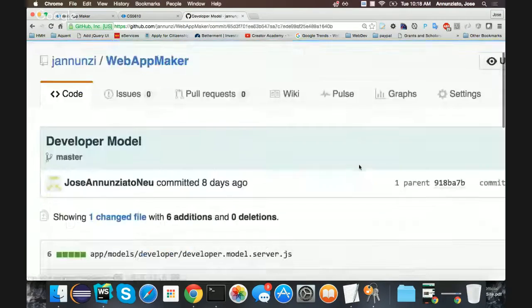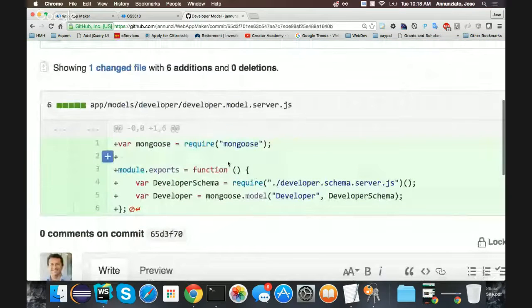The model is implemented in app, models, developer model. Notice that this is at the top level of the directory, at the root of my project, in a dedicated app directory. In there, I'm going to put my models, my services, my app.js. Notice that in the models directory,